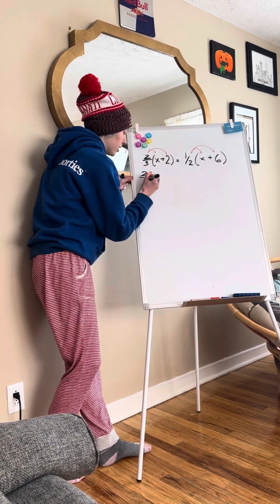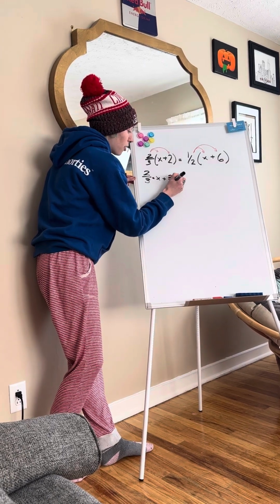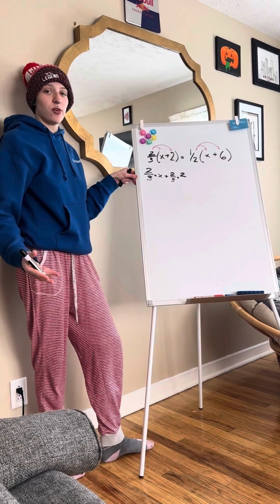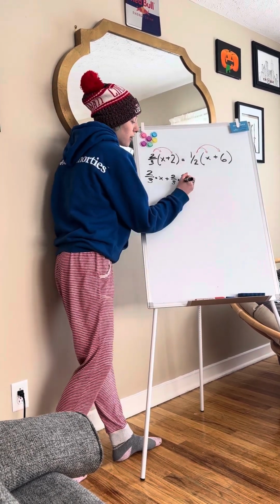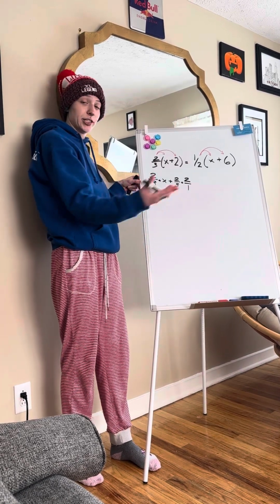So this would look like 2/3 multiplied by x plus 2/3 multiplied by 2. For sake of keeping everything even with fractions, I'm going to write 2/1. This is the fraction equivalent to equaling 2, because when 2,